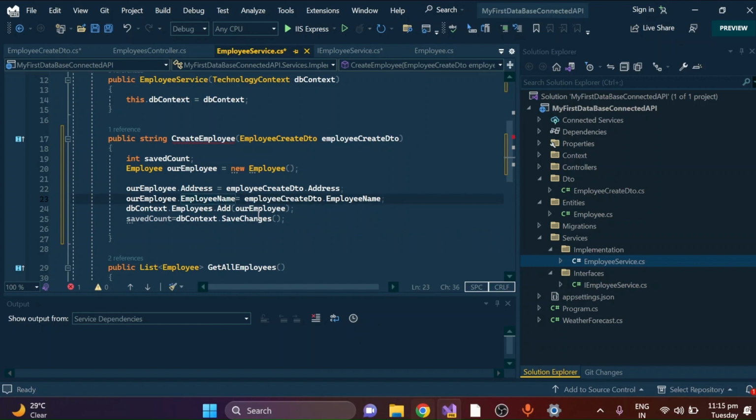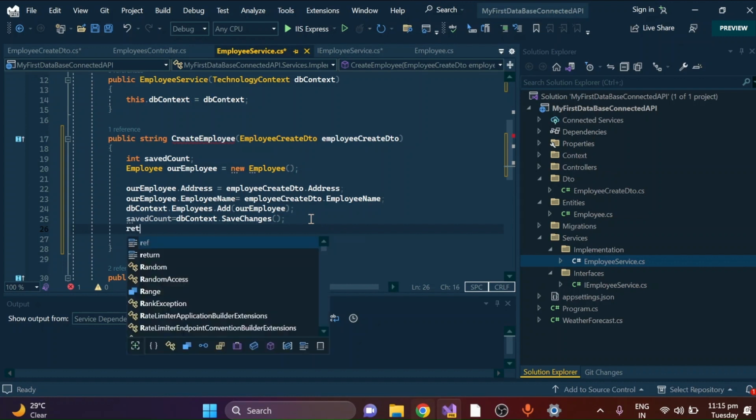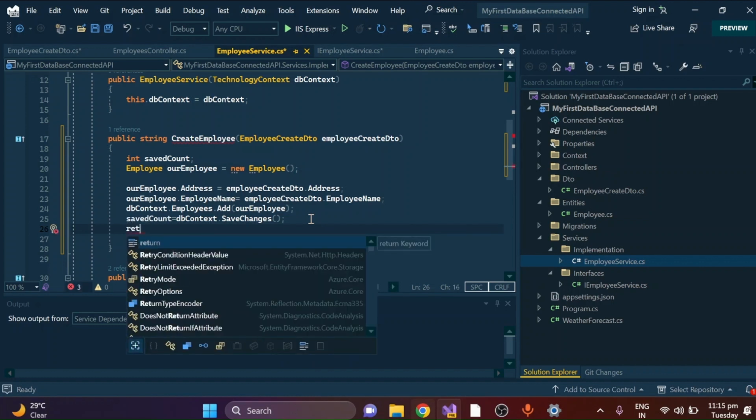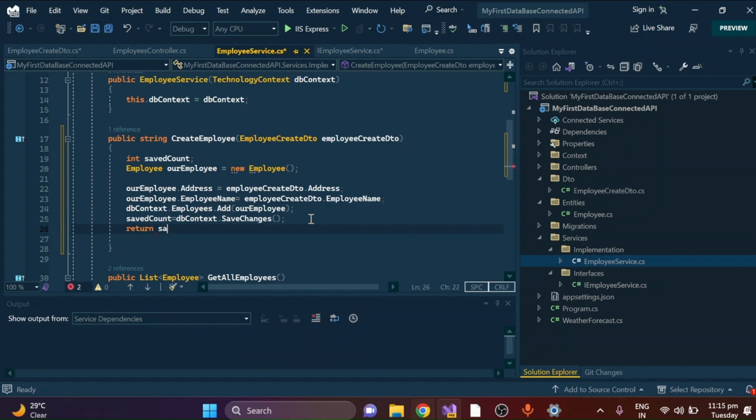Okay, and we are adding this, and in the same count we are going to receive, if it is greater than 0, then it means the employee record has been saved to the database. Otherwise, it will return a result saying there is some issue. Okay, return if saved count. I am using a ternary operator here. If saved count